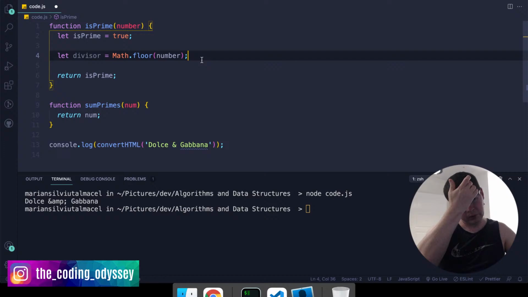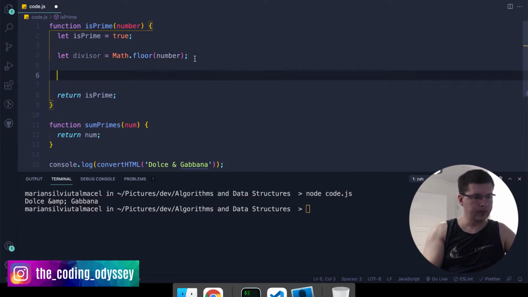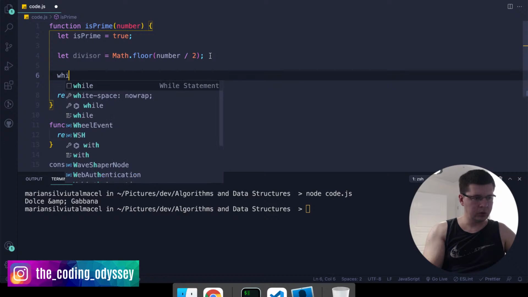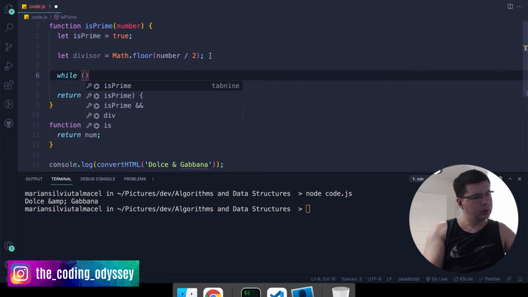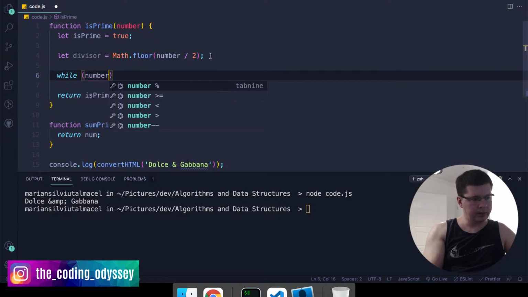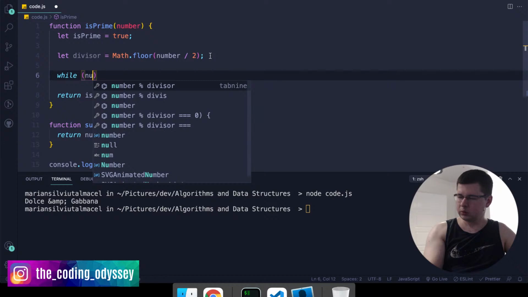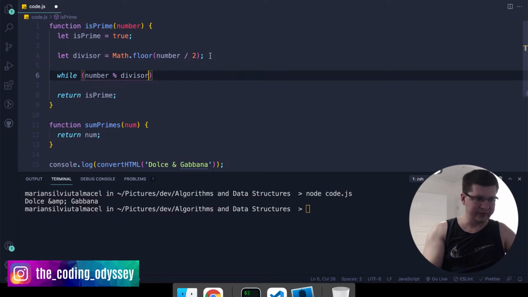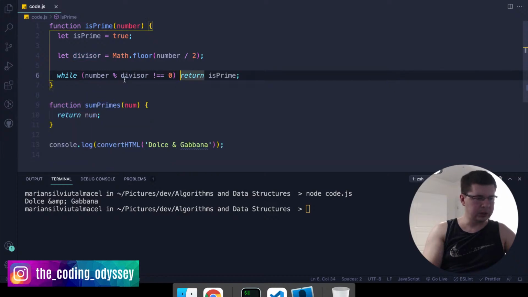So we want to say Math.floor of number divided by 2, and we want to say while number modulo divisor is different than 0, which means it's not divisible properly, because if number would be divisible by divisor, then the modulo would be 0. So while number modulo divisor